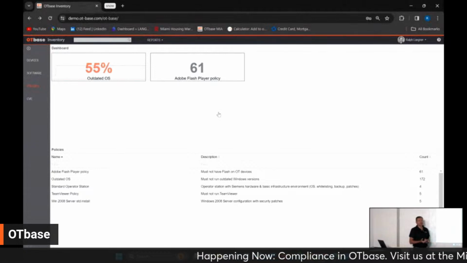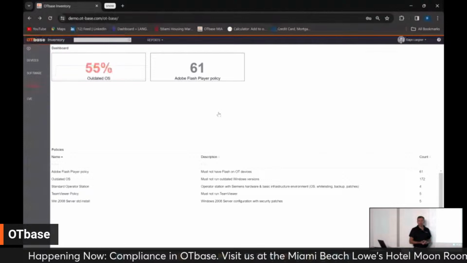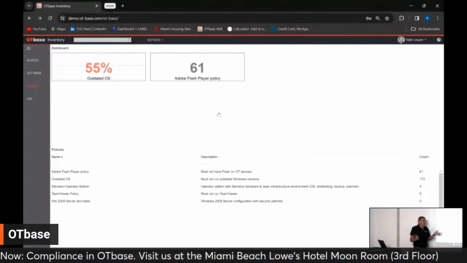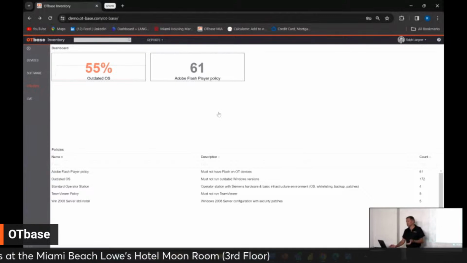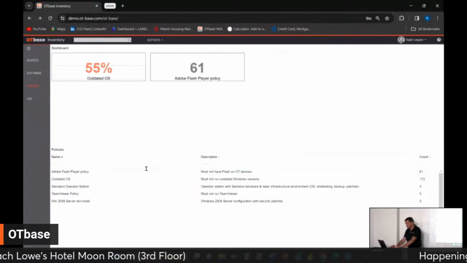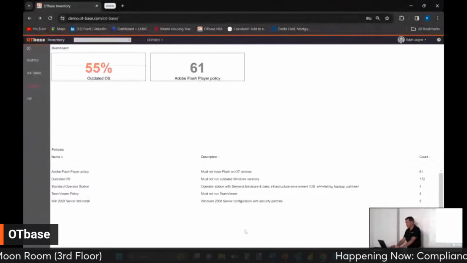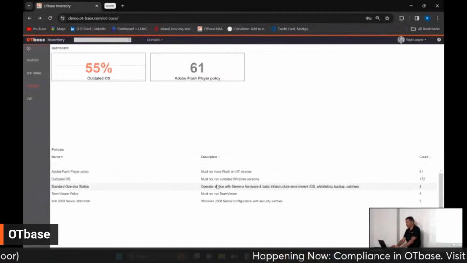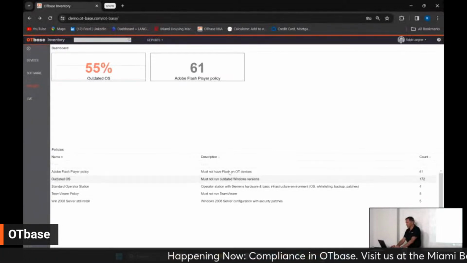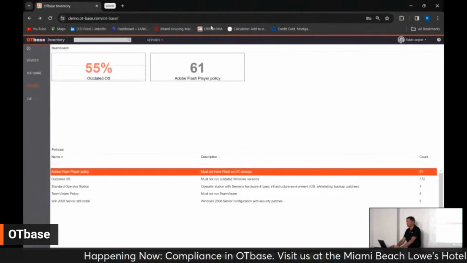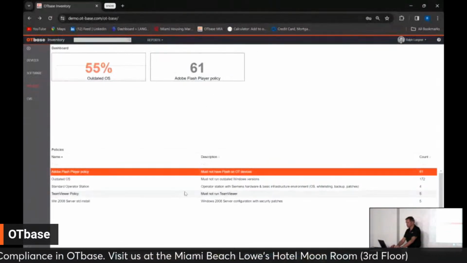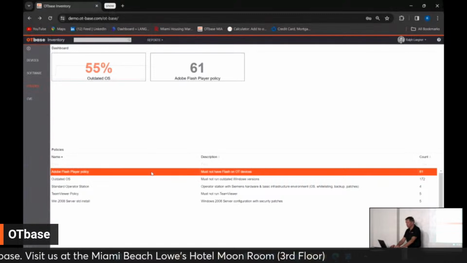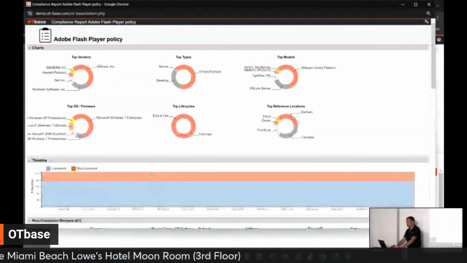If you're not interested in what the compliant devices are, because usually we don't care, we think, well, that's the good part, we don't need to deal with those. We're focusing on the non-compliant devices. And that is something that you would see here. So I can always associate any of these reports down here with any of these widgets, and then you can also see that in a widget. And once I do a double click, I can open the report, and what you see here